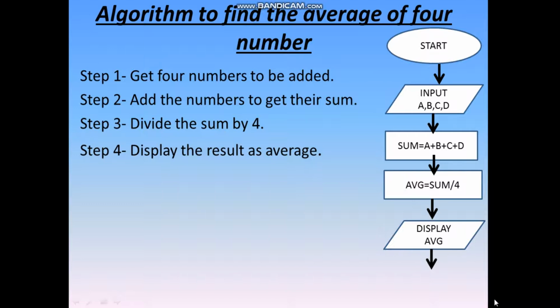ये रहा इसका step. तो देखो for getting ये input है, उसके लिए ऐसा box. These two are processing, for that we have taken the processing box, and this one is the output box, and at last we will give the stop. So this is how a flowchart is being made.